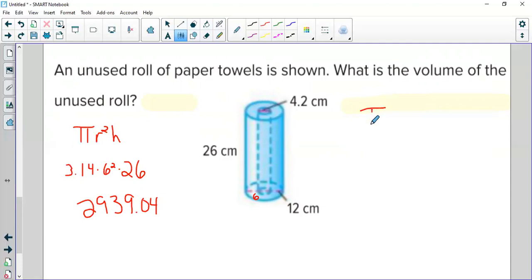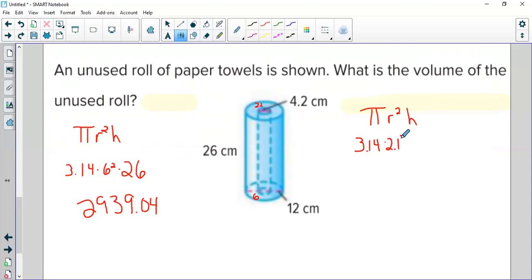But now I've got a hole in the center that I have to subtract away. So that hole in the center is also a cylinder, and that has the same height, but a different radius. So it's pi times the radius. Well, again, this 4.2 goes all the way across. So halfway across, half of 4.2, 2.1